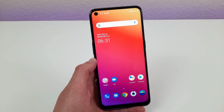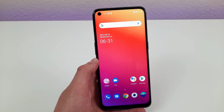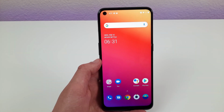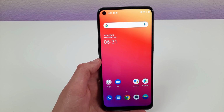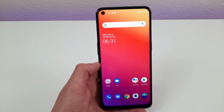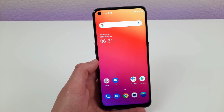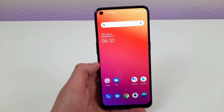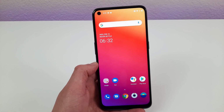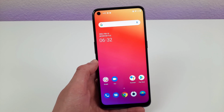It's actually not too often that you find a 90 Hz display on a phone of this level. This is more of a mid-level phone, so that's really nice to see. With a 90 Hz display, it's going to be a lot smoother, a lot more high quality, and just give an overall better experience. The PPI is also really high, and the screen is on the larger side. So overall, if you're doing something like content consumption or gaming, or even just looking at things on the web, with not only a higher quality display, but also a larger display, it's just going to look that much